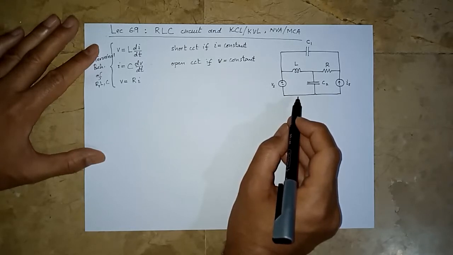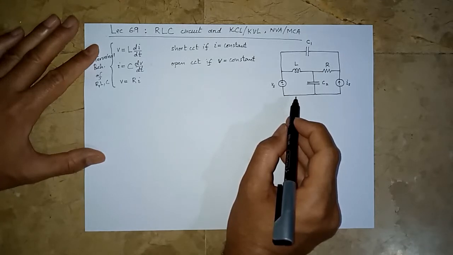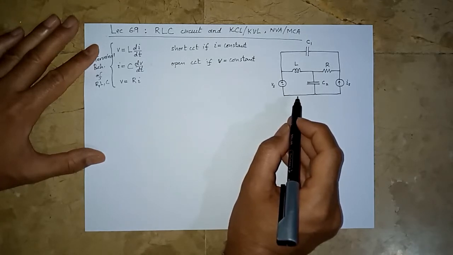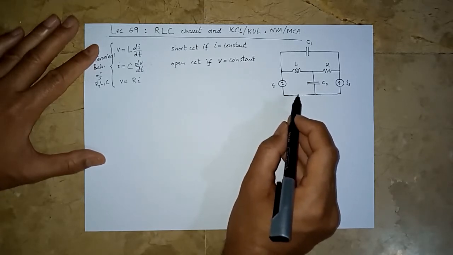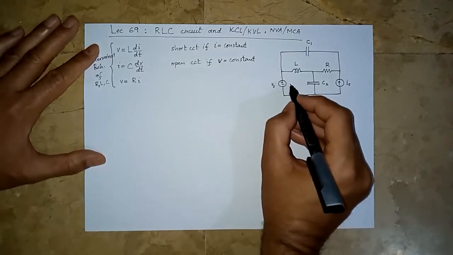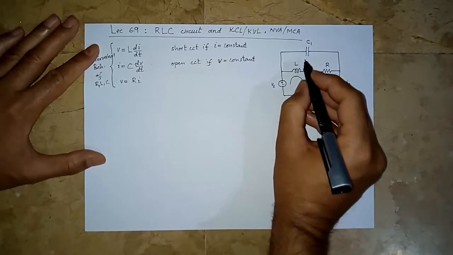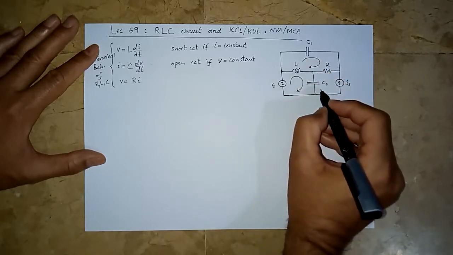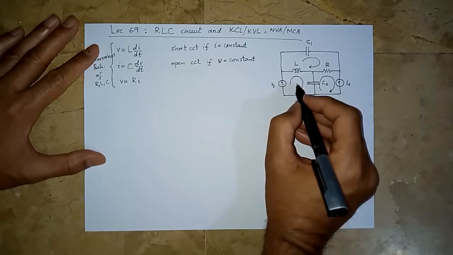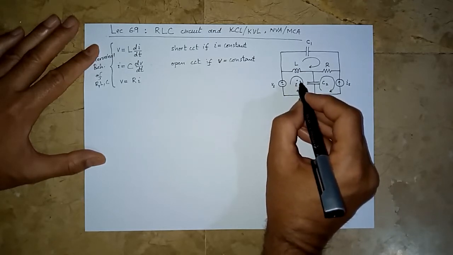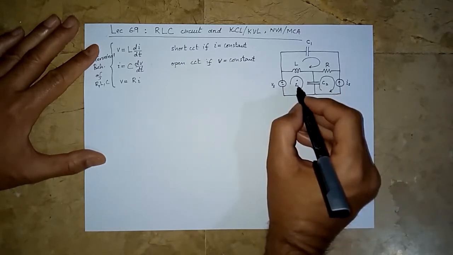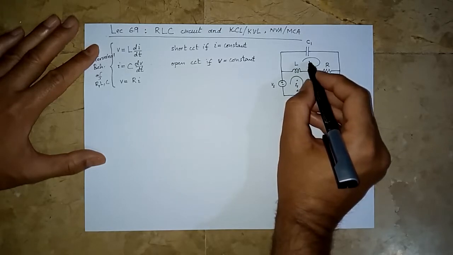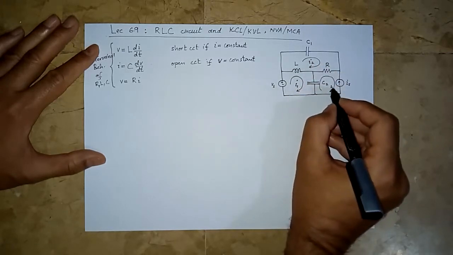So let us assume that we want to apply mesh current analysis here. I am choosing to apply mesh current analysis because the book probably has applied nodal equations. So you should study the book to know how to apply nodal analysis here. But let me do the mesh analysis. So this one is a mesh, this one is a mesh, this one is a mesh. And let us mark the mesh currents. It's very important: here we choose to mark them as small letters. Why? Because the sources themselves are functions of time, so our mesh currents would be functions of time as well. Let us say this is I2 and this mesh current is I3.